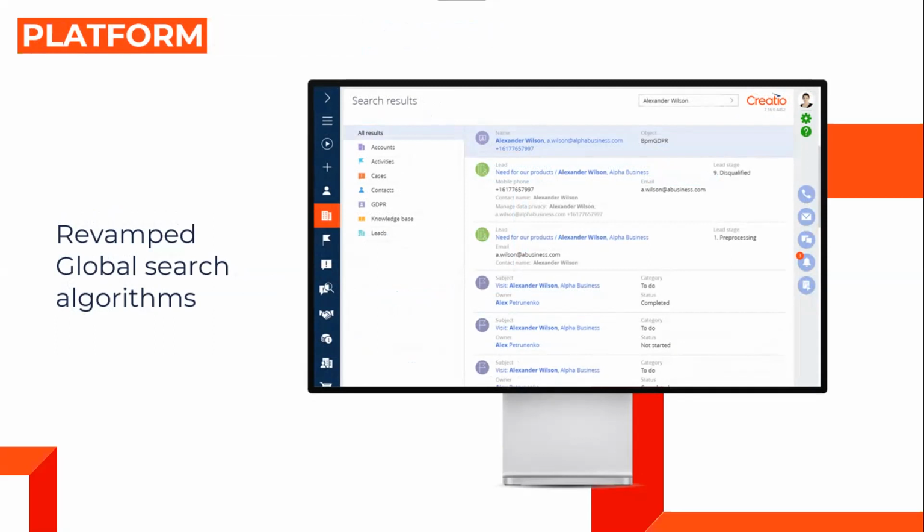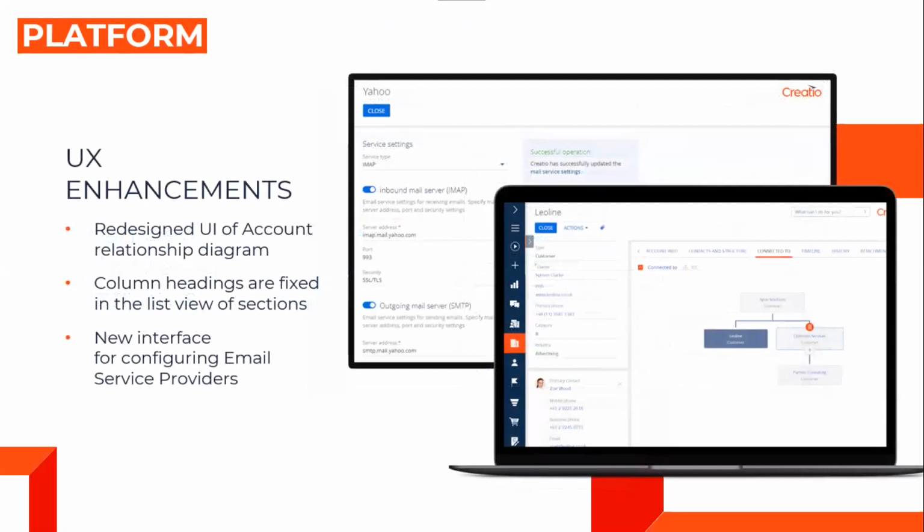In addition to that, if anybody in the audience has used specific searches, we have made improvements to the search. That means you don't have to fully type in Alexander Wilson in this case; with a partial search, it will still find it. There's been a lot of effort on global search, which is a microservice for Creatio that has been completely enhanced. And from a user experience perspective, both for account management and also from an email perspective, I'm not quite sure how many of you have actually seen this, but you can